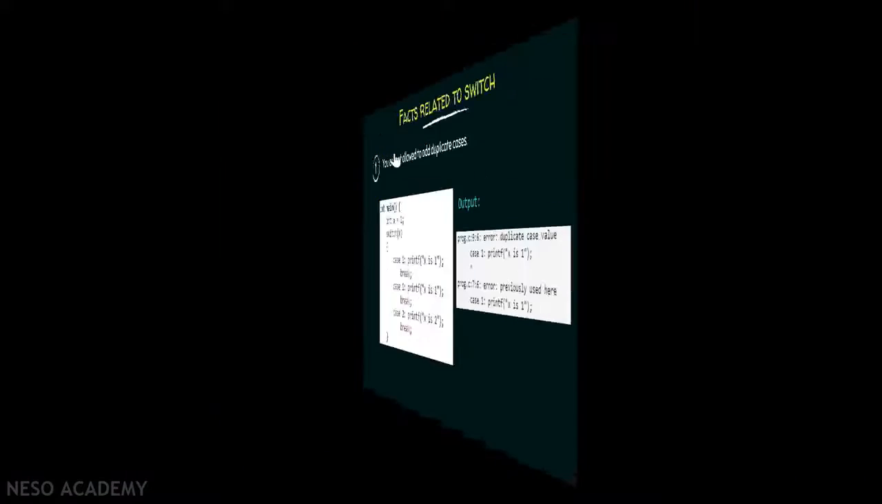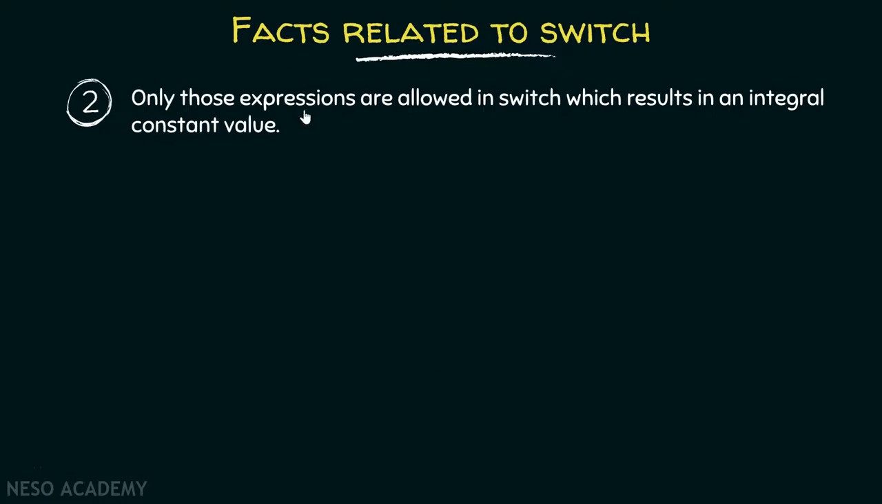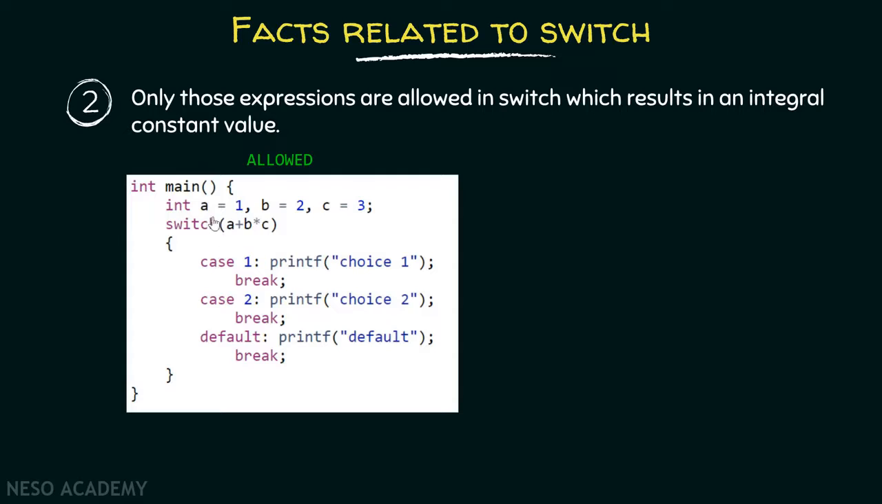Let's consider the fact number 2. Only those expressions are allowed in switch which results in an integral constant value. That is, for example, here I have declared 3 variables a, b and c and I have assigned them values 1, 2 and 3 respectively. Now inside this switch you can see there is an expression a plus b into c which evaluates to 7 finally, right? Now because this expression evaluates to an integral constant and hence we can write this expression inside this switch. Now because 7 is not matched with 1 and 2, therefore default will get evaluated